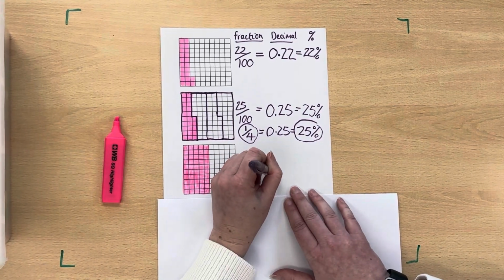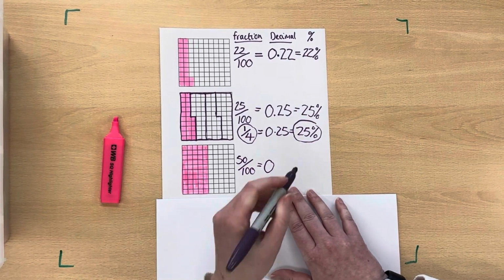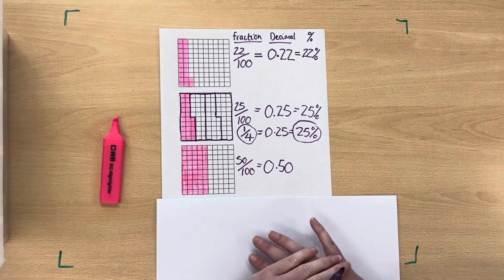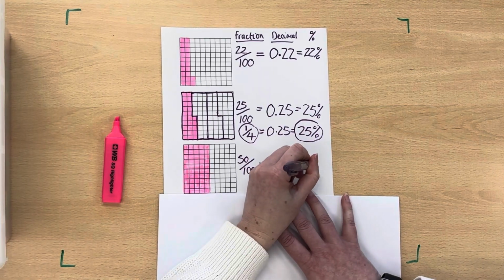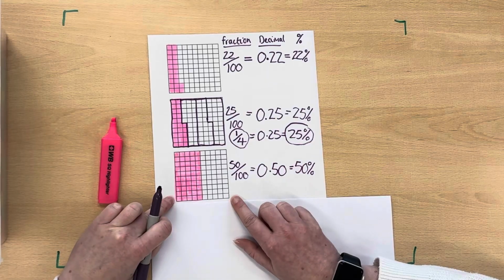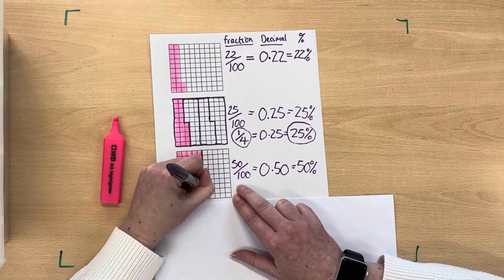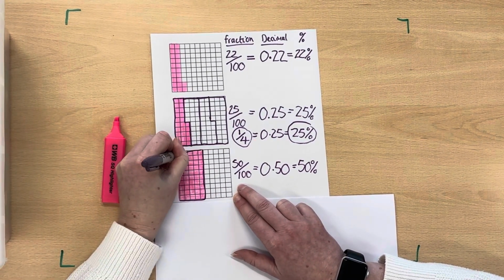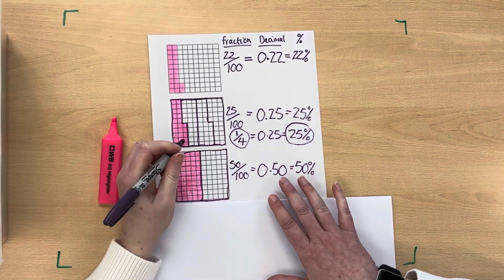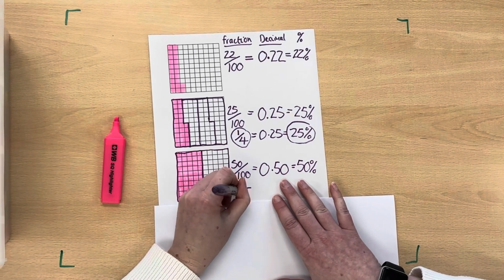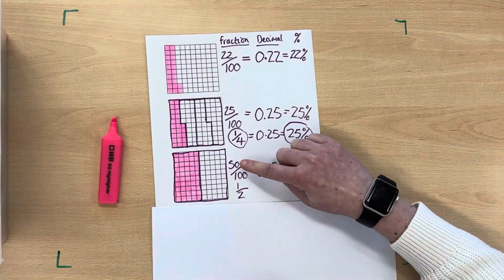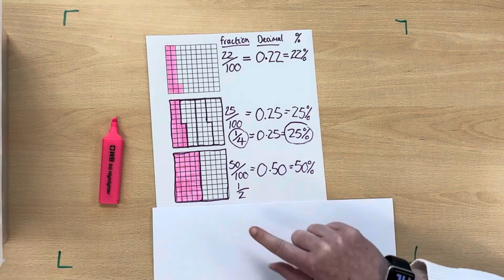I've shaded no whole groups, but 50 small squares, which means I have shaded 50%. If I look at this image, I notice that the same amount of squares are shaded as unshaded. There are 2 equal groups and 1 of them has been shaded. So 50 100ths is equivalent to 1/2,